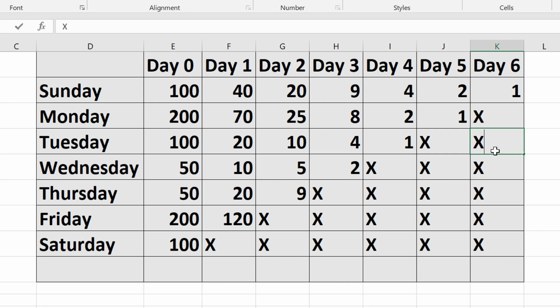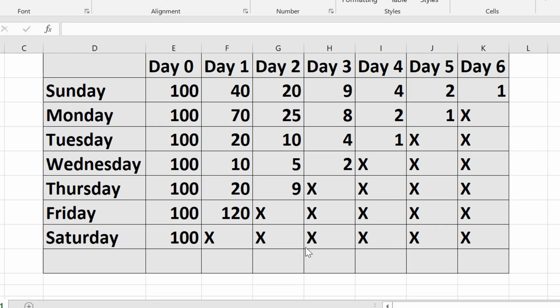Now all we have to do is basically do the summation of these figures. So I have this entire grid in front of me, and all I have to do is take the summations of day 0, then day 1, day 2, day 3, day 4, day 5, and day 6 over here, and calculate the totals over here. So I'll just write total over here, and instead of X I might put just 0, so that the calculation becomes easy. I'll just put zeros against all the X's.